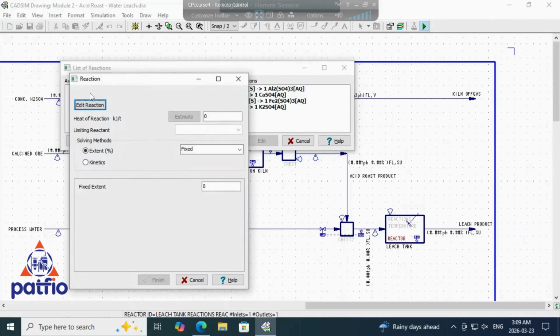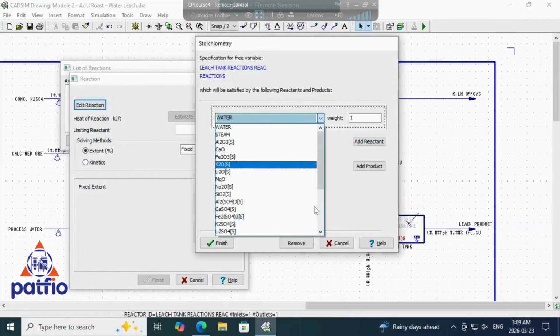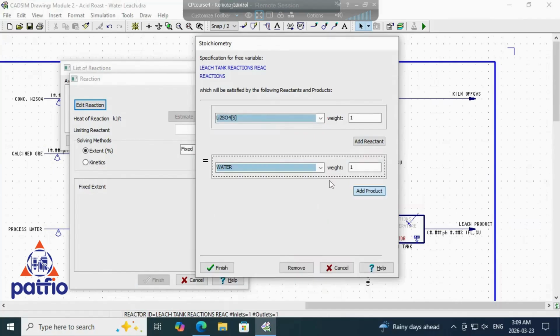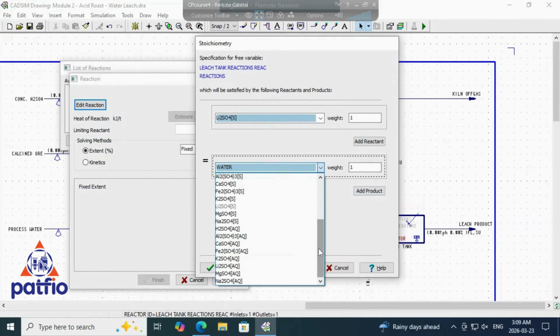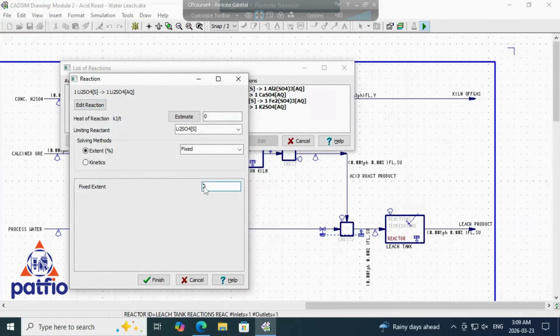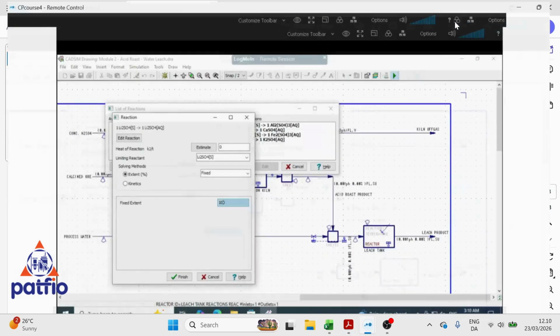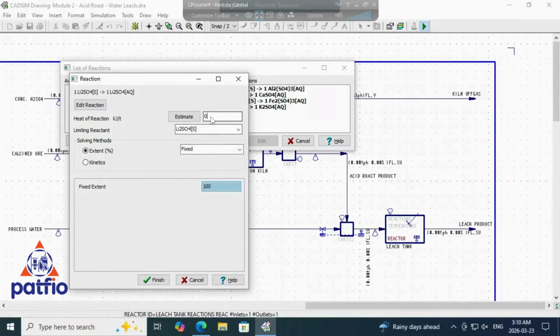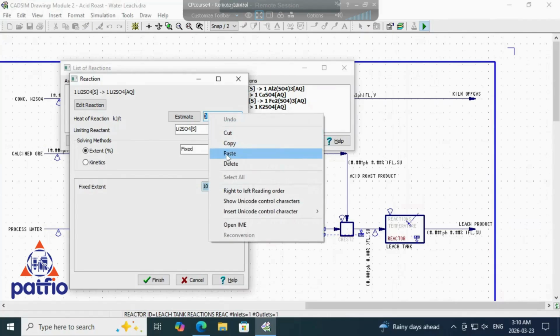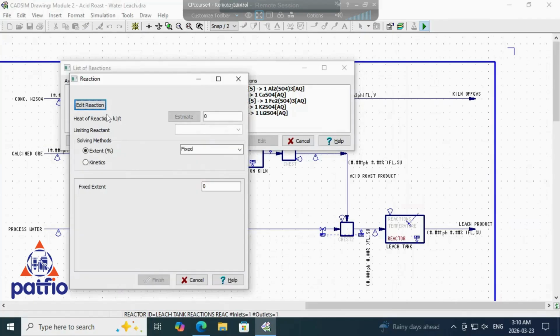Okay, the next set of reactions is for the lithium sulfate. Lithium sulfate, aqueous, finish, reaction extent 100%, then heat of reaction. Okay, heat of reaction, there you are, test, and finish. Then I create for magnesium